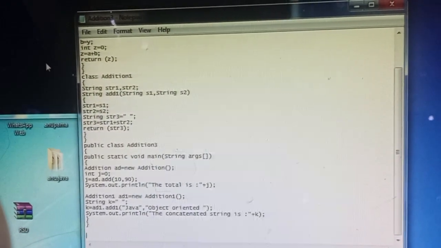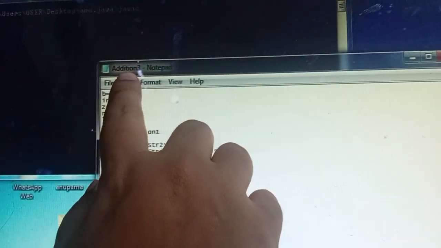Now let us go to the command prompt and compile it. Javac. What is the saved name of this program? Addition 3.